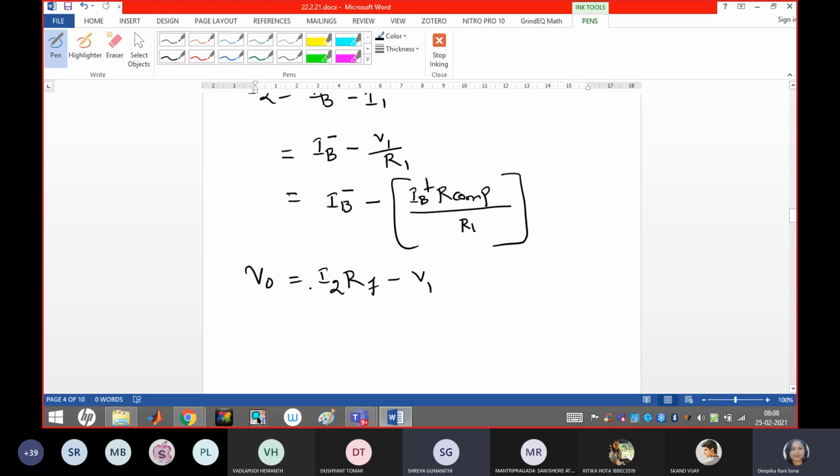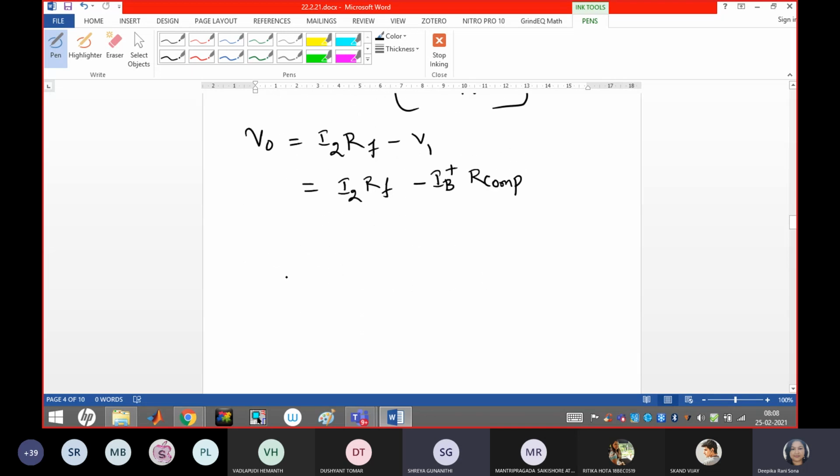From that perspective, we have written that. Then this can also be written as I2 RF minus IB plus into R comp. So substituting the value of R comp, and after some algebraic manipulation, we will get